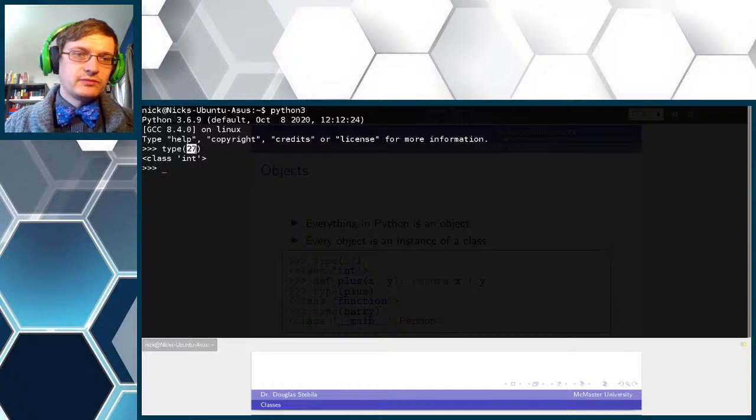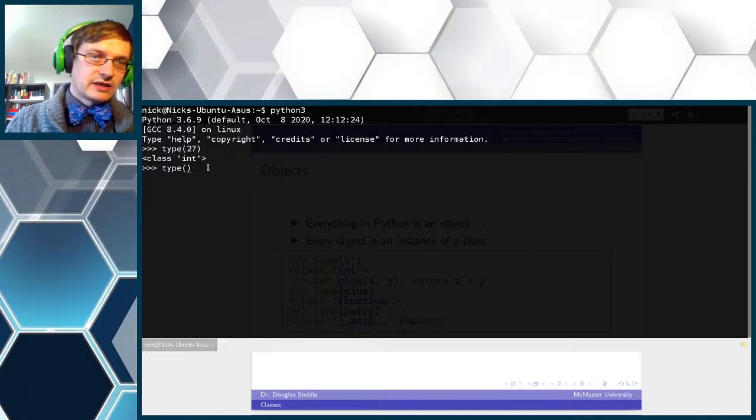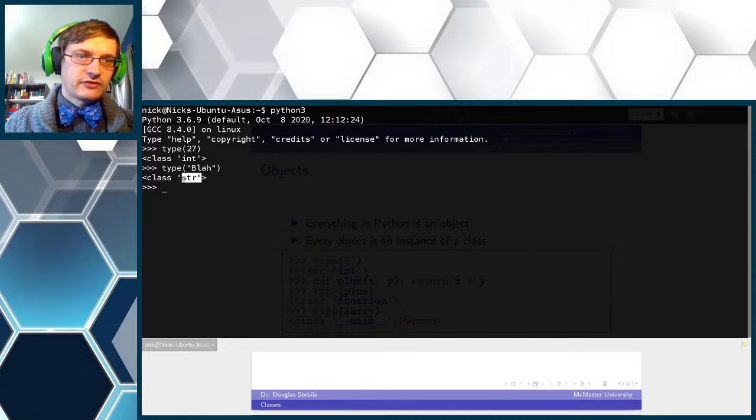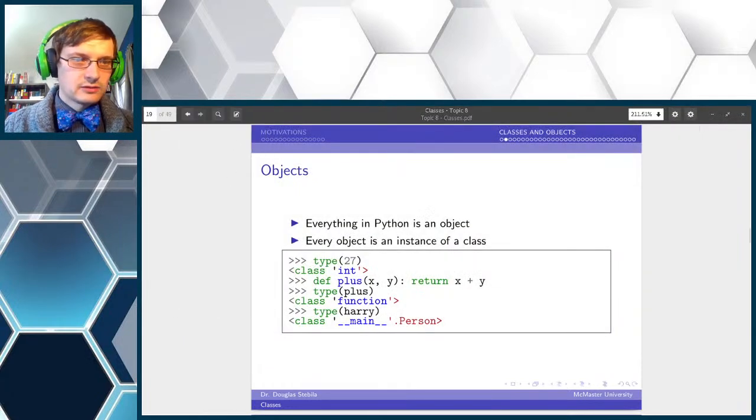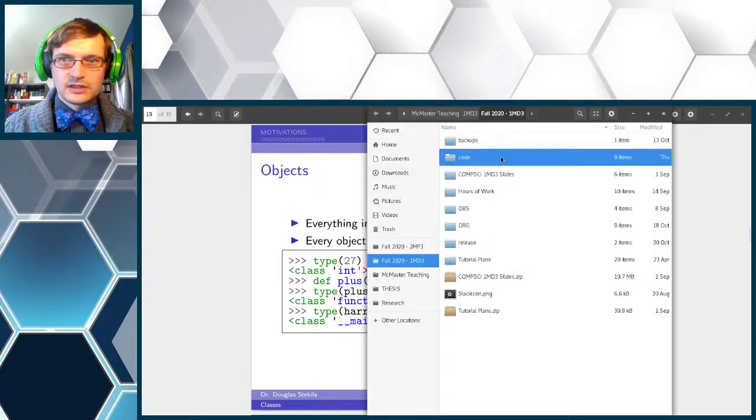So the integer literal 27 is of class integer. The string literal blah is of class string. And of course, in our previous example, I should probably just load the file from previously. That would be the intelligent thing to do. Code.